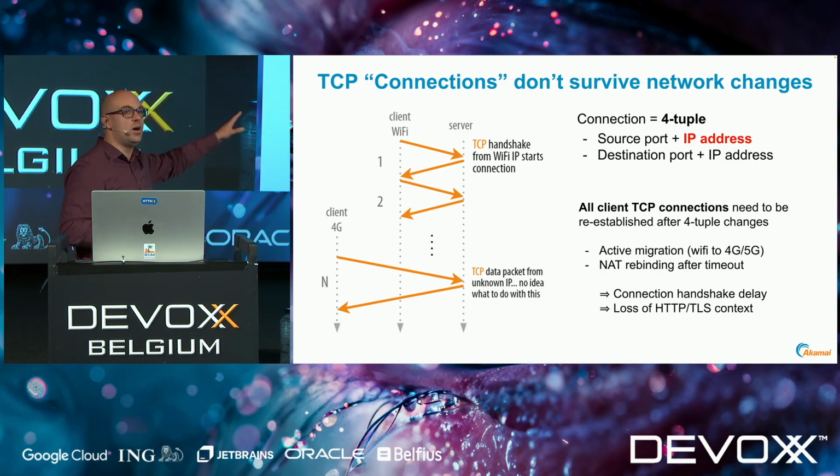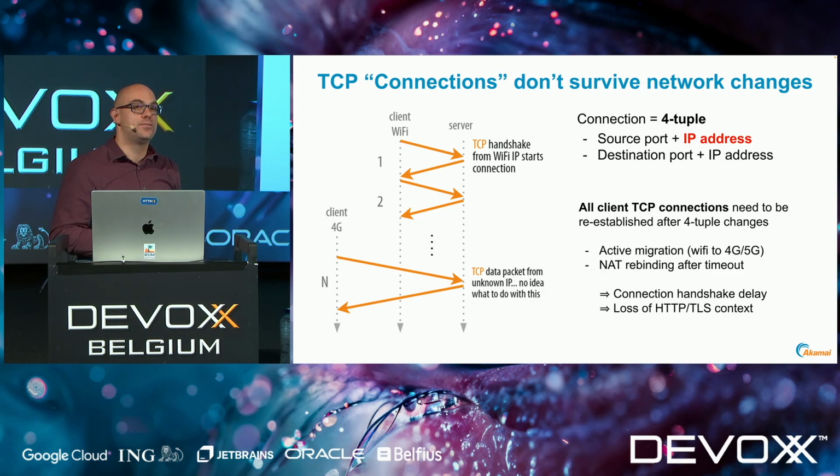If you change just one of these, in this case, the client IP address, the TCP connection becomes unusable because the server has no way of knowing that this new 4-tuple is actually the same as the old one. So all the existing TCP connections have to be torn down, and completely new ones have to be set up, which again takes some handshake time and stuff to get going,